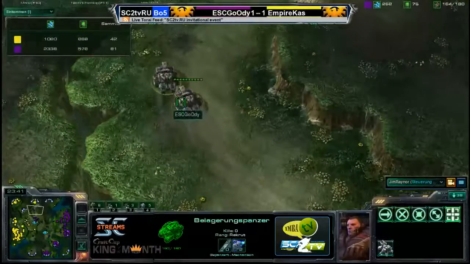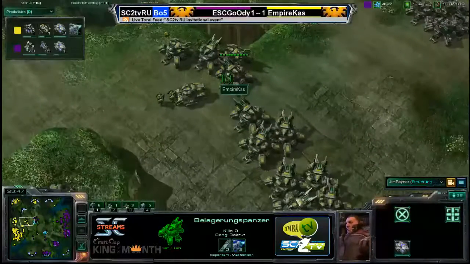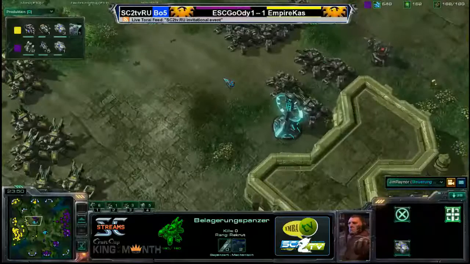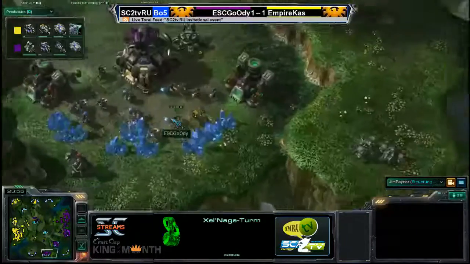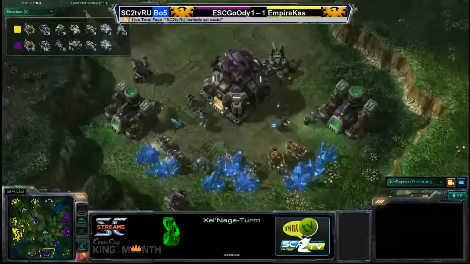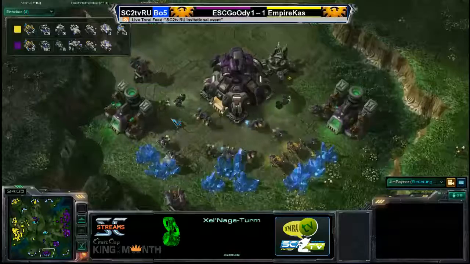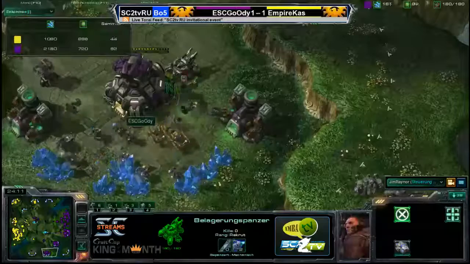These tanks are at +2 attack. The vehicles for Kaz have no upgrades at all. They are +0 armor. Yeah, he just began to research the +1 vehicle weapon upgrade, but he might be a little bit late to that party. Yeah, and Goody at the bottom of the map, that planetary fortress that was being heavily harassed,